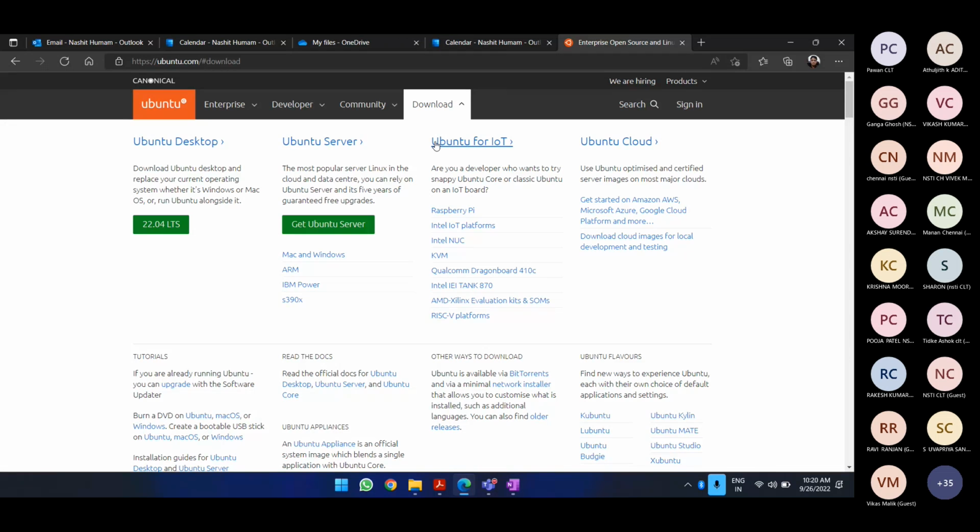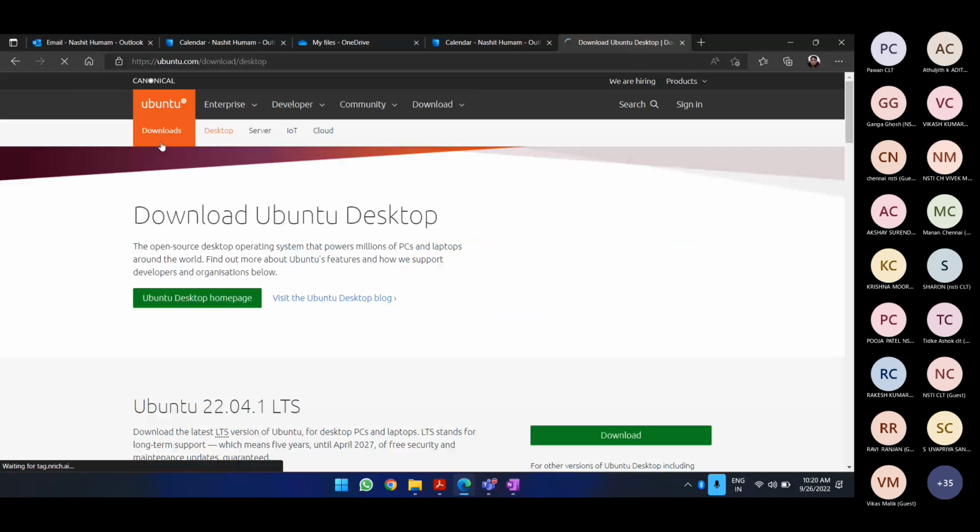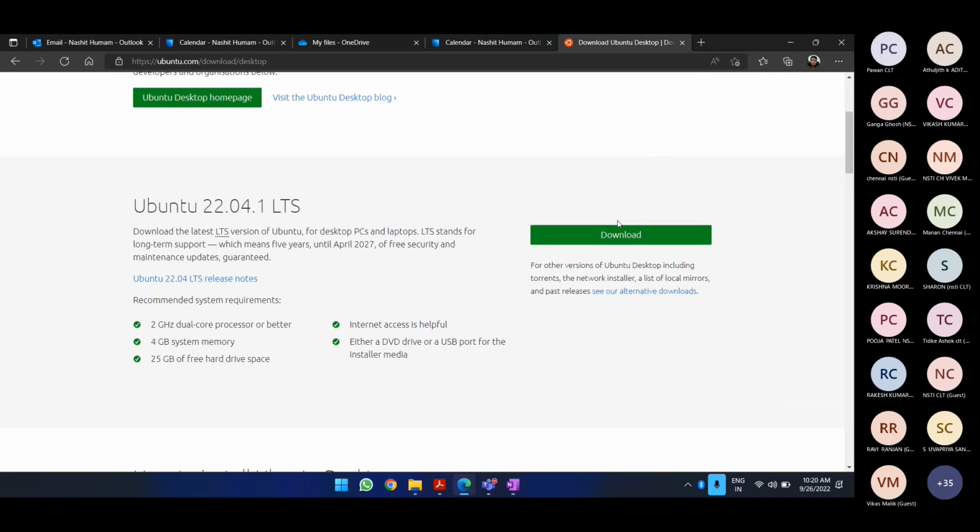Here you can see you have Ubuntu server as well, and Ubuntu cloud, and Ubuntu for IoT. Most of the IoT devices are into RTOS, real-time operating systems. For us, we are going to use Ubuntu desktop. So go to it, and you can download it right from here.